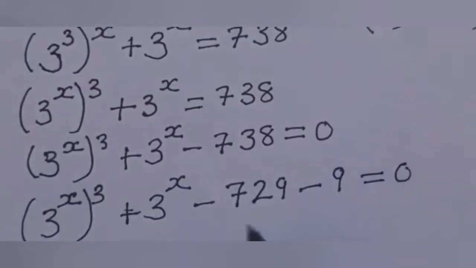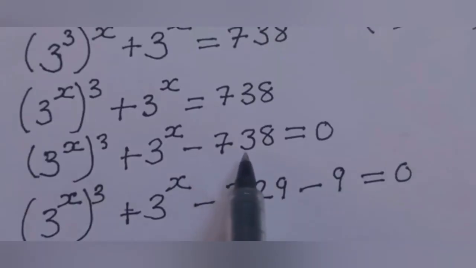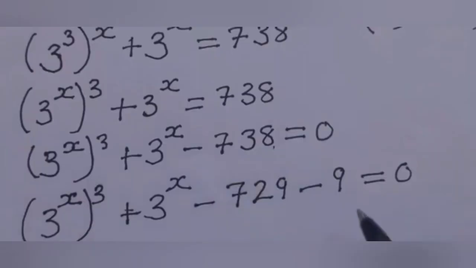We know negative 729 minus 9, this is equals to negative 738. So what